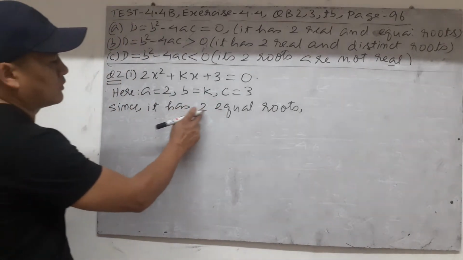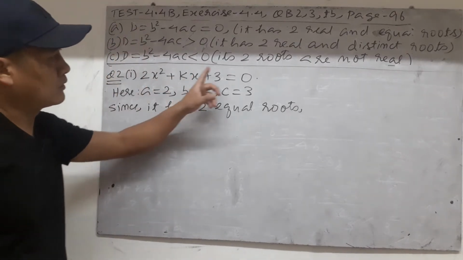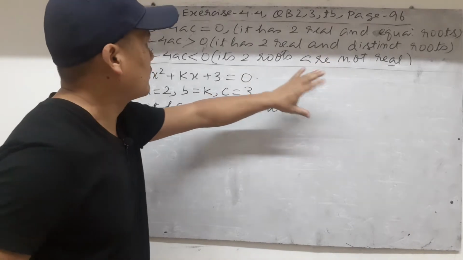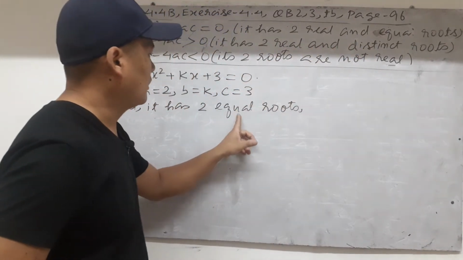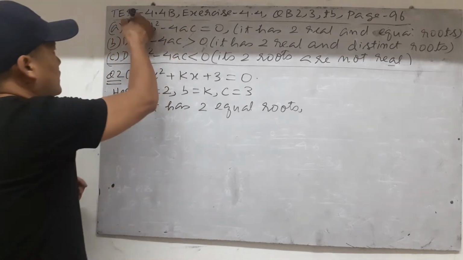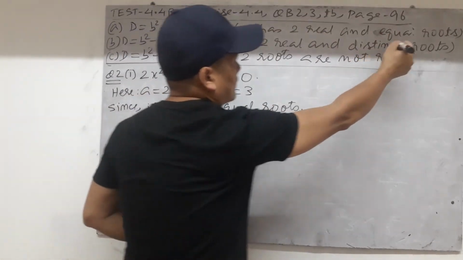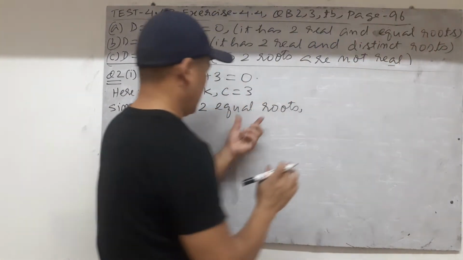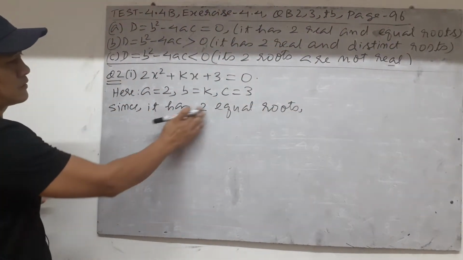So since it has two equal roots, which condition is that? There are only three conditions. Two roots not real, not this one. Two real roots but distinct, not equal. Equal roots is the first one: if D equals b squared minus 4ac equals 0, it has two real and equal roots. So this is the one. Equal roots is matching this, whose condition is this. So you write, since it has two equal roots,